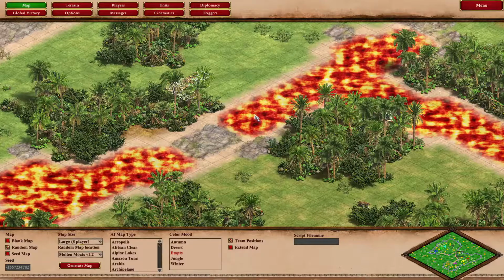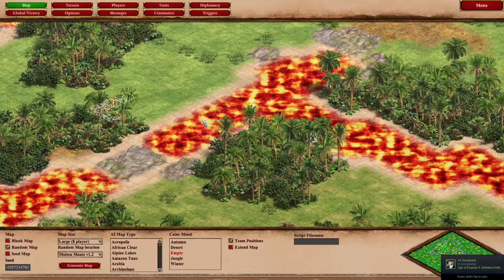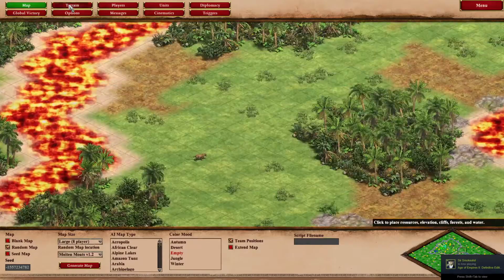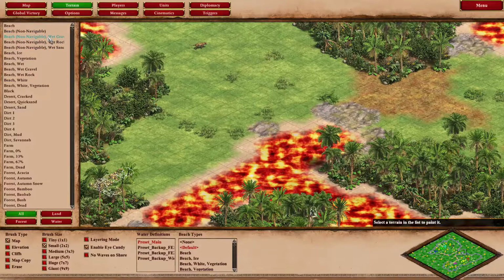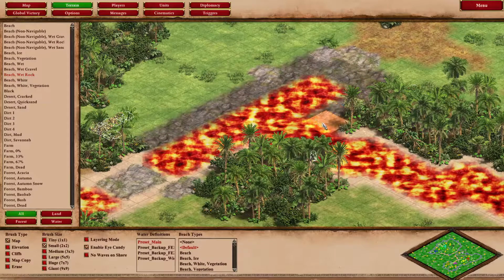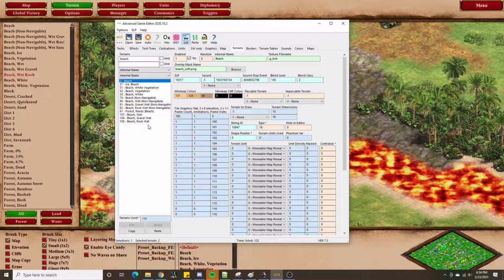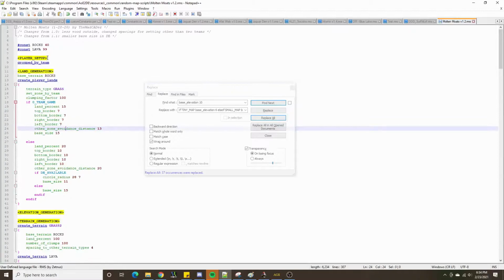So to get around this limitation, we can try to look for another beach texture that would look a lot better when it's bordering this lava terrain. If we go into our terrains, we have some beach textures here. If we take a look at this one, which is beach wet rock, we can see that this will actually look rather nice around our lava terrain. That is terrain 109. So if we change the generic rock terrain from 40 to 109,